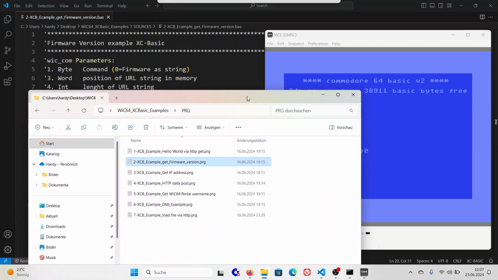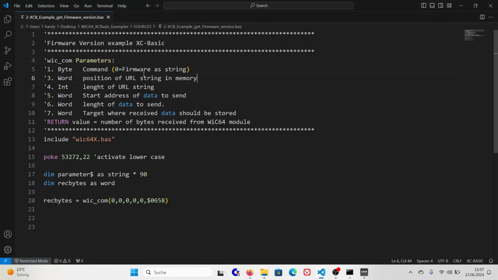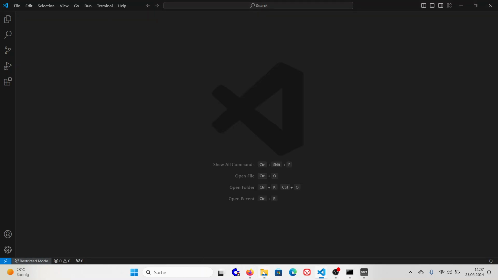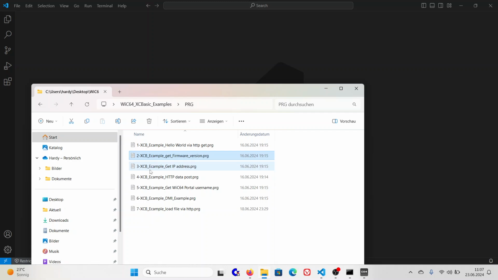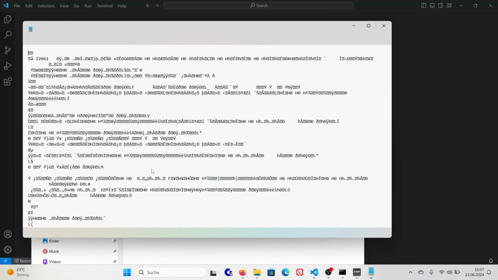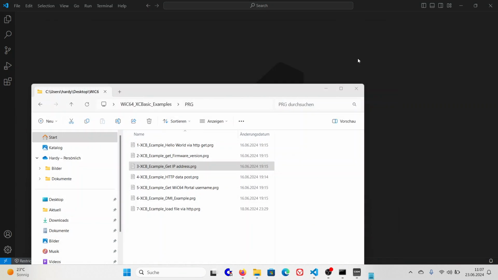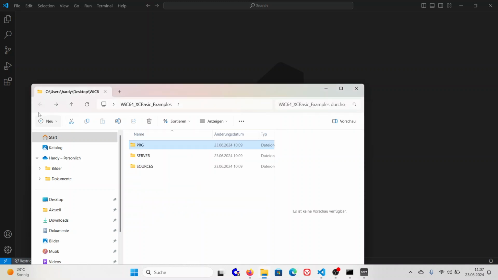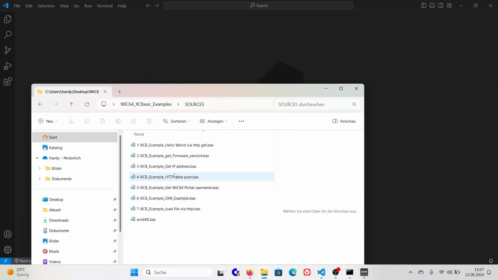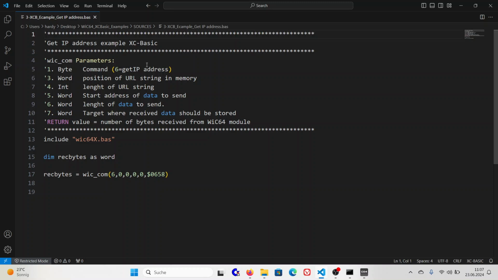Okay, let's have a look at the next example. I will close this and we will have a look at example number 3, get IP address. Oh, it's the program file. Sorry for that. So we go to sources, get IP address. I will throw it here into the editor. And you see here, it is only the command number 6, and we also don't need any parameters here,